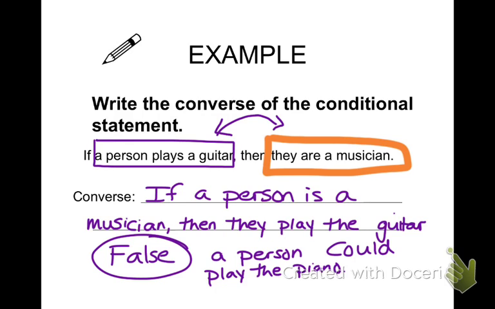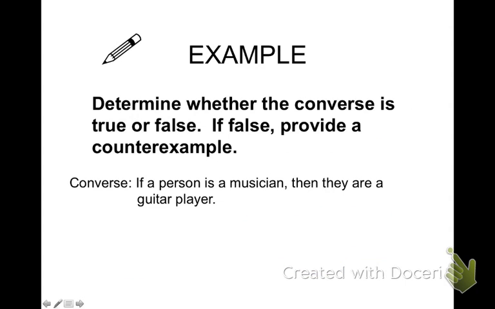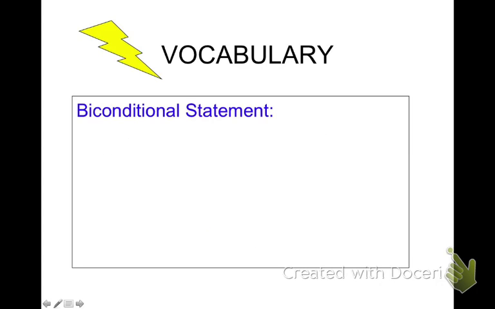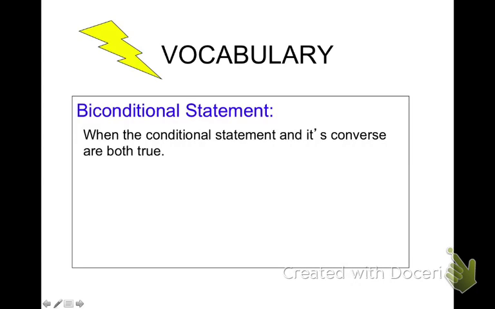Okay, so the chunk of your homework for tonight on your worksheet is going to be writing out converses. Okay, flip-flopping that. Maybe possibly finding counterexamples to your converse. Okay, and then the last part is what's called a biconditional statement. So a biconditional statement, I already did this, is, now leave yourself some space because I got a lot of stuff here, so write small. It's when the conditional statement